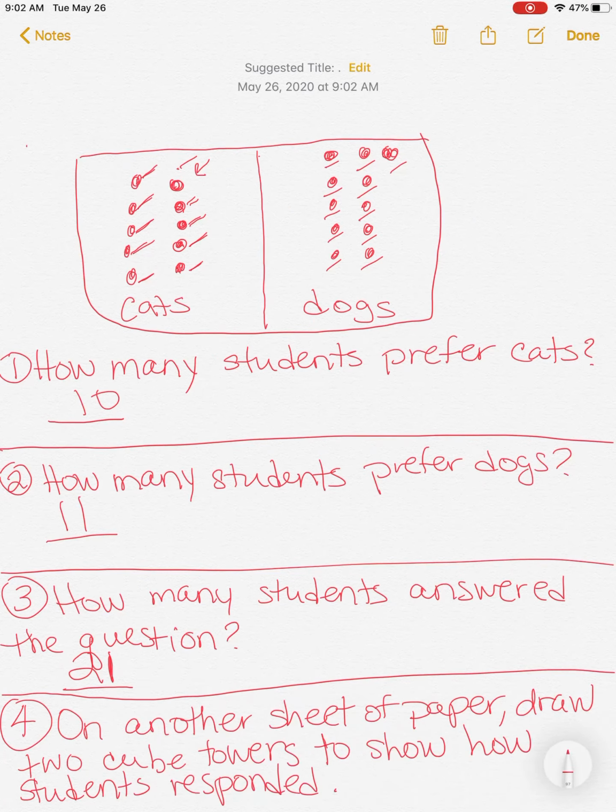So there were 10 students who prefer cats. So I'm going to draw a row of 10. And then there were 11 students who preferred dogs. So I'm going to draw a strip of 10 and a single to represent 11 students. Now, as always, please be sure to double check your work and